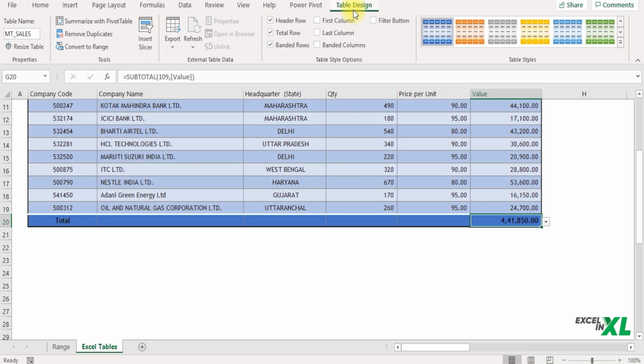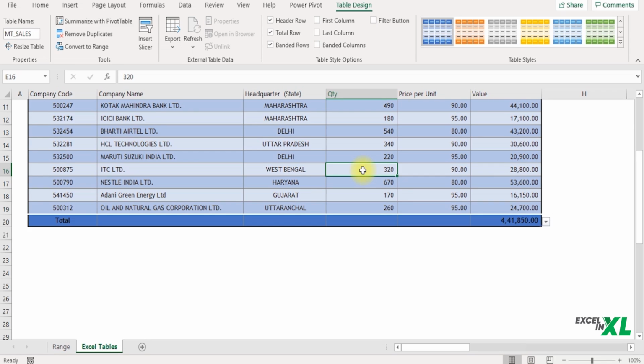Moving to the next benefit that a table has: it auto expands when new data is entered. A table automatically expands and encapsulates the new data when entered in an adjoining row or column. Pretty cool, right? In fact, the new row or column takes the same format as the rest of the table based on the row and column. This is a massive time saver as you do not have to format the new entry.